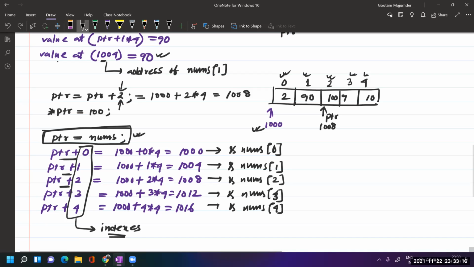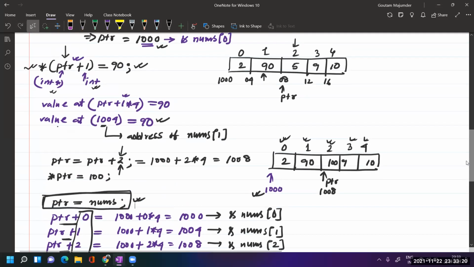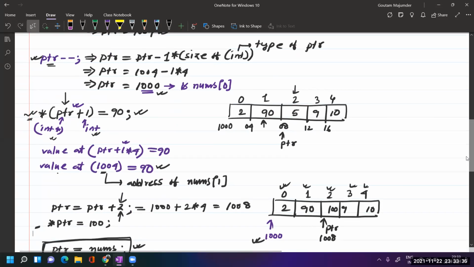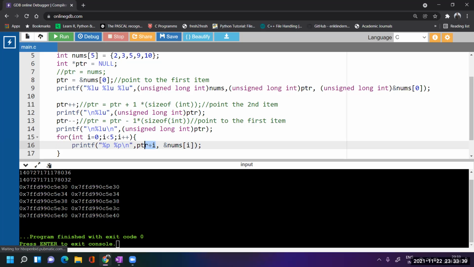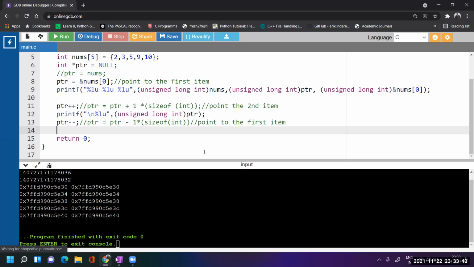Okay, so let us do one thing. Let us add these 2 points here, this one, this one, and this one in the compiler. After which operation? After this PTR minus minus operation. Correct. So let us go back. So I hope you understand this concept. I am just removing them. We'll see them later also.